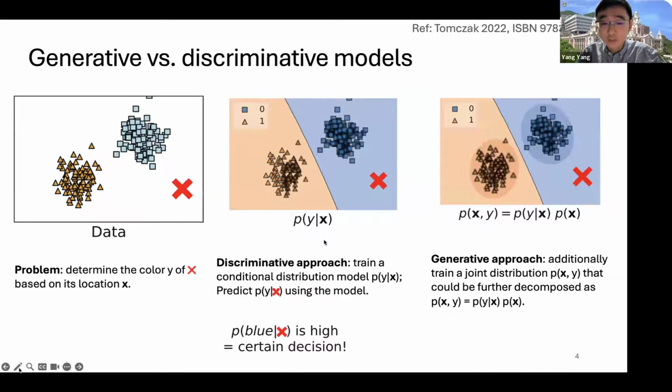But it is missing some information about uncertainty and the generative processes. For generative modeling, we additionally model a joint distribution P(X, Y) that could be further decomposed as P(Y given X) times P(X). Which means we additionally consider the probability, the density, of the point on this 2D surface,